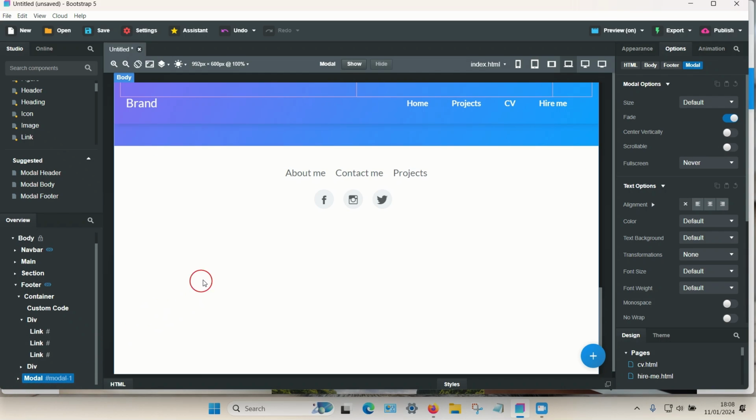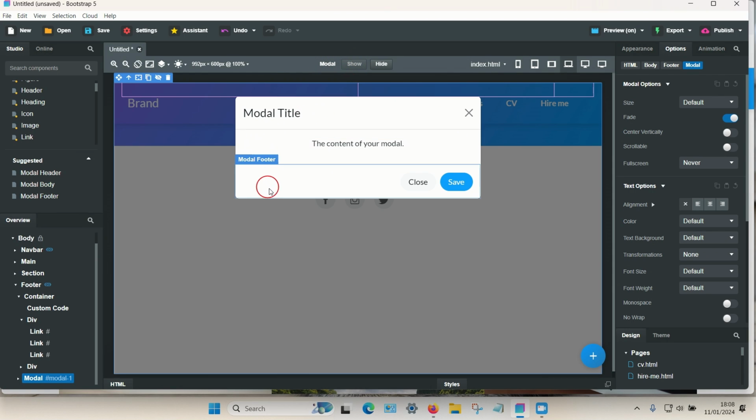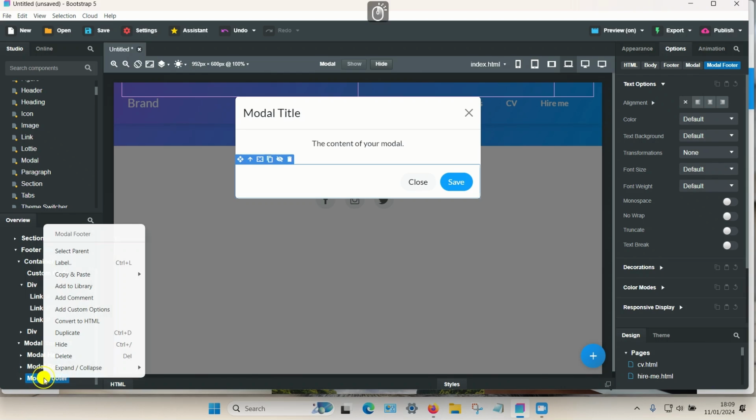With that selected, you can see the toolbar says show, so show it. So you can now see it's like a little pop-up window which appears, and this has components like a heading, paragraph, close button, and other buttons, and so on. So let's just expand that to see more. So we don't need all of these. I'm going to delete the footer part,